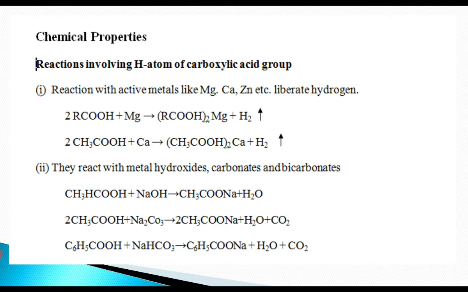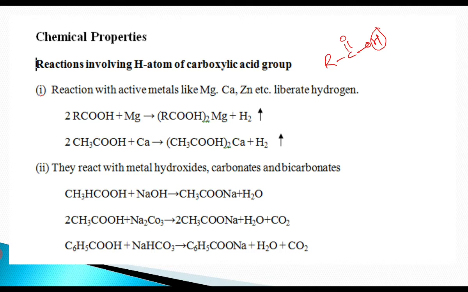Chemical properties, reactions involving the hydrogen atom of the carboxylic acid group. We know that the carboxylic acid functional group has the general formula R C double bond O OH. So let us see the involvement of this hydrogen atom of the carboxylic acid group in the reactions. The first reaction is reaction with active metals like magnesium, calcium, zinc, etc. See, carboxylic acids